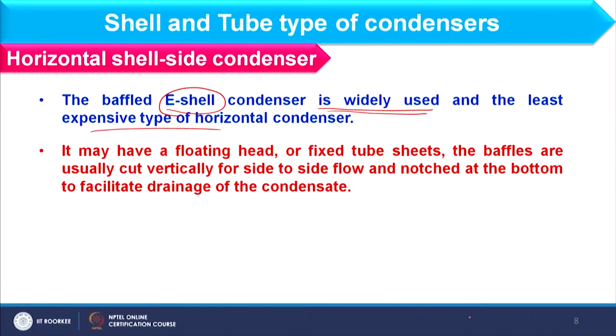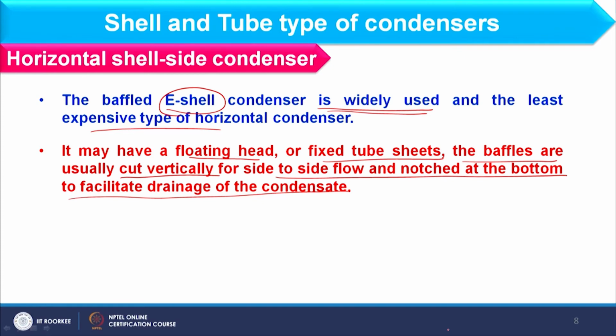Next, it may have a floating head or fixed tube sheet, and baffles are usually cut vertically for side to side flow and notched at the bottom to facilitate drainage of the condensate. Now, let us consider a condenser with condensation on the shell side. At the top of the tube, condensate continuously forms and moves downward, so at the bottom condensate will be collected. In such a condenser, where condensation is taking place in the shell side, we usually have a vertical cut